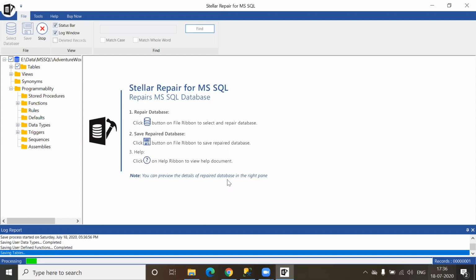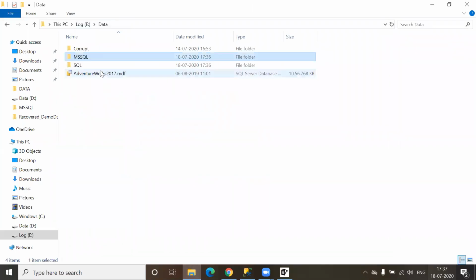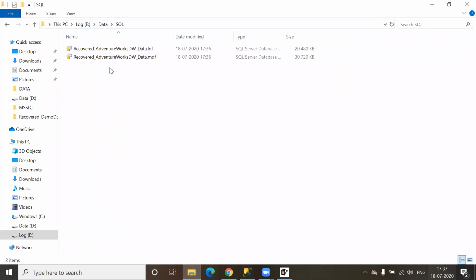So right now, this database is accessible, but it is not ready yet. And if I go inside data SQL, you can see the .mdf and .ldf files here. And this is the required AdventureWorks database. So now I'm going to pause this video and I'll resume after a few minutes once the database is ready, the recovery process is complete and the new database is created.